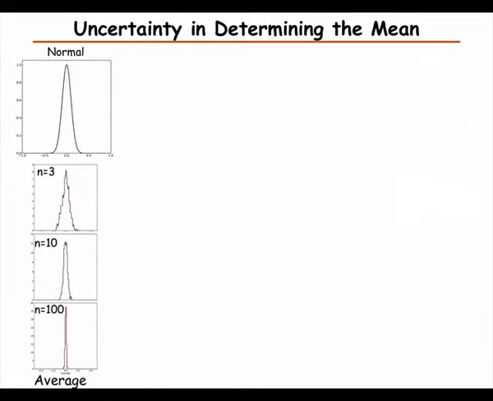So we mentioned the central limit theorem, and this is sort of exemplifying that. If we repeatedly take samples of different sizes, now we're showing the mean on the x-axis. When we take samples of 3 and calculate the mean, and then do that many times, we can make a histogram and get a distribution. Then we repeat this with a sample size of 10 many times to again get a distribution. And what we see is that